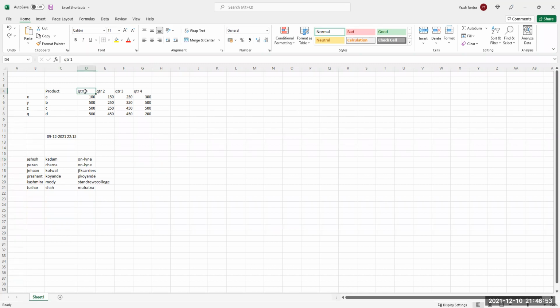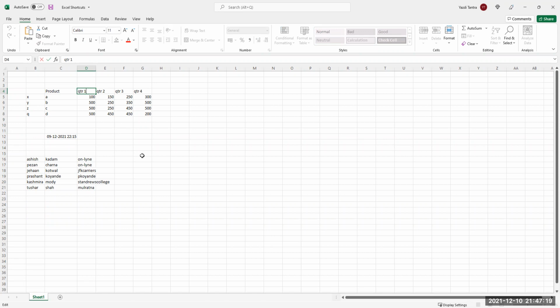Suppose I want to say here 2021 Q1 and I want to put that whole thing into a single cell. How do you insert a line in a cell? You remember this, we had done. Double click and type in whatever you want.